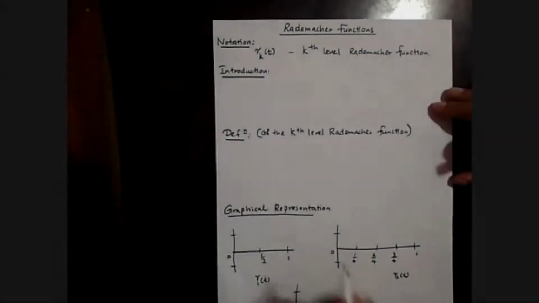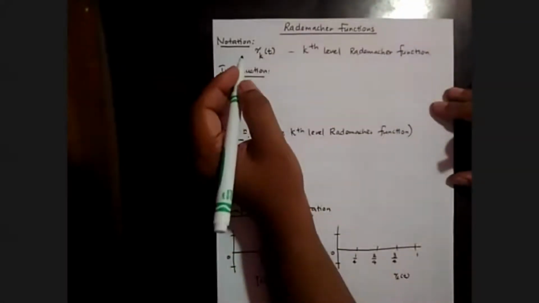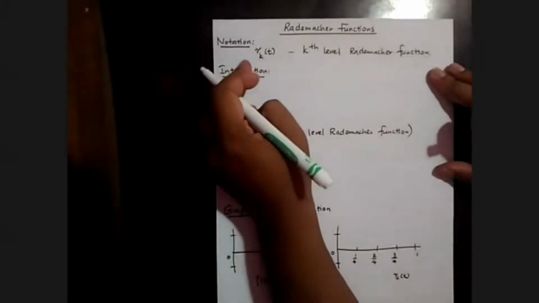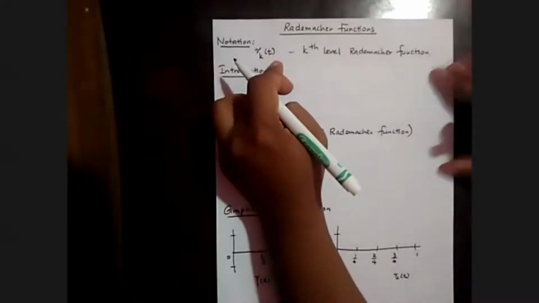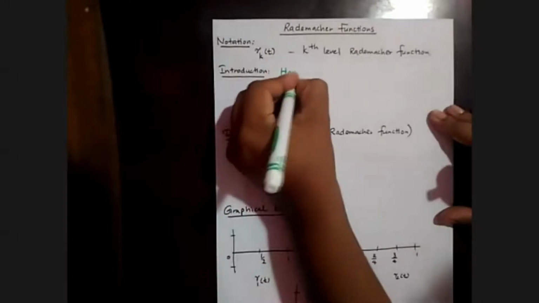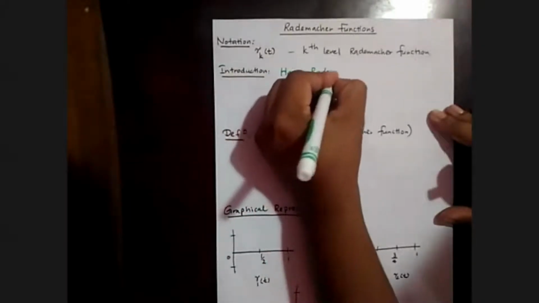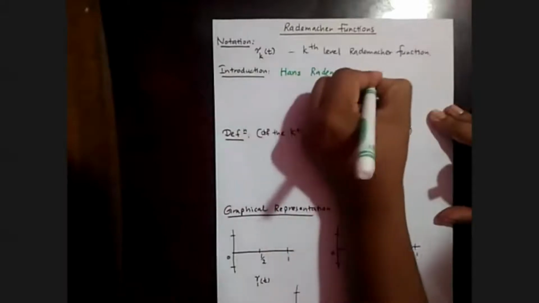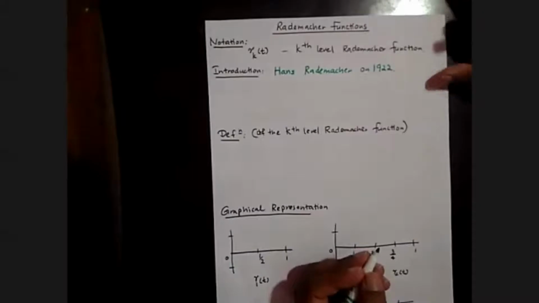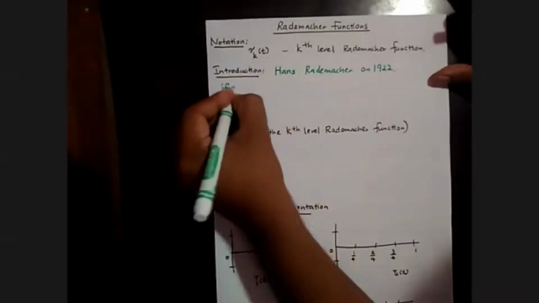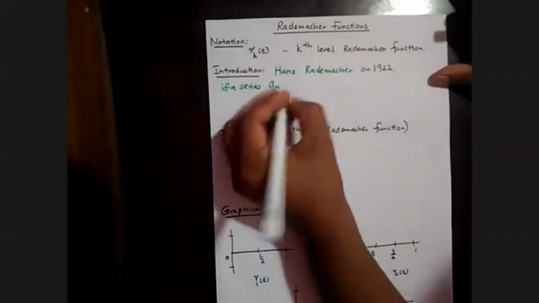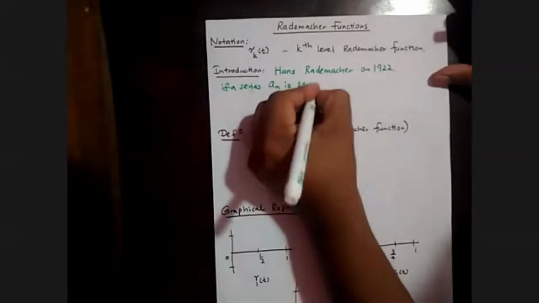In this video, we will be discussing Rademacher functions. The kth level Rademacher function is denoted by R sub k of t. These functions were first introduced by Hans Rademacher in 1922, and he showed that if a series, say a_n, is square summable,